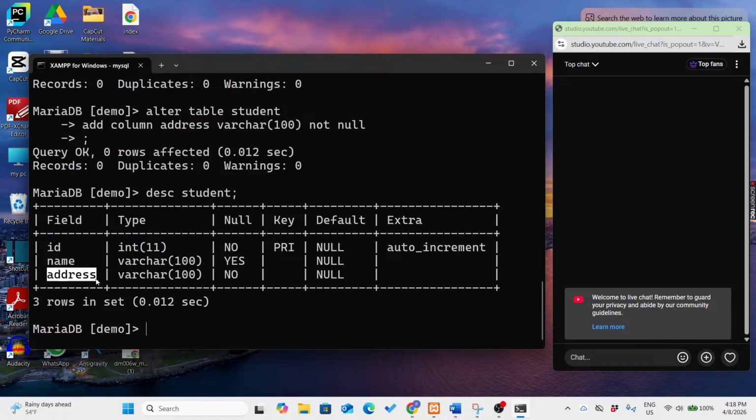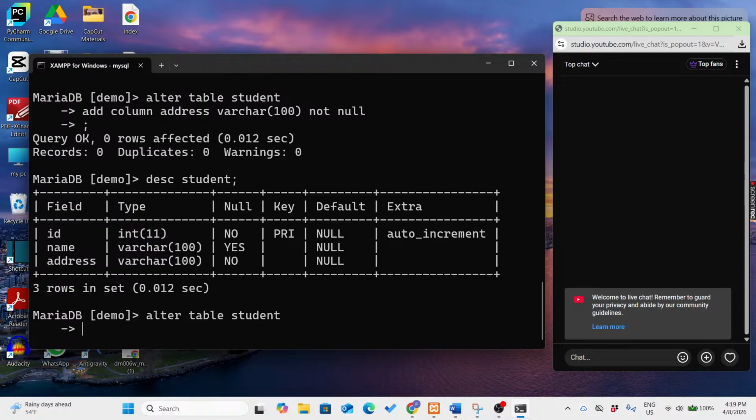So we edit there. Now if we want to modify, again we have to use alter. What is the name of table? So we have to write table student, yes, and after that we have to type there modify again,